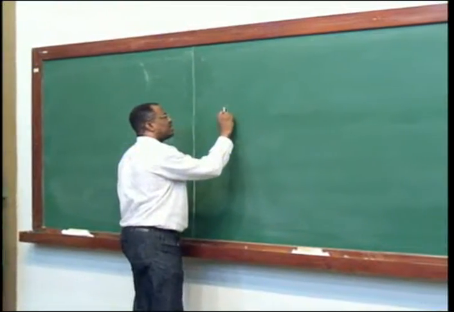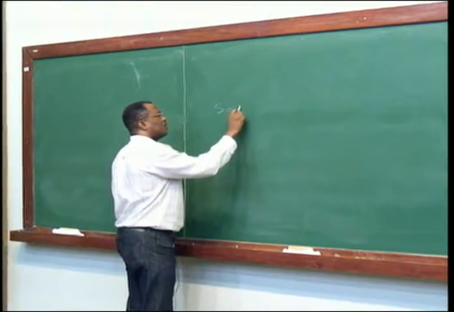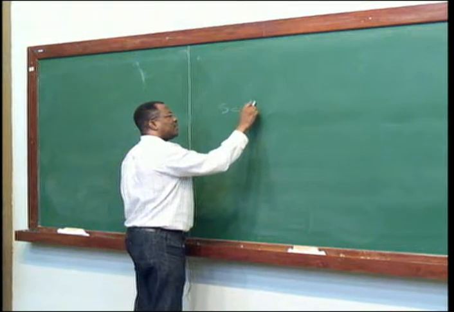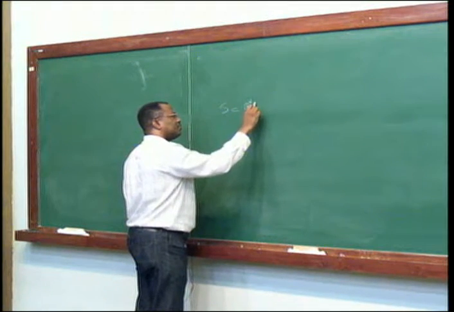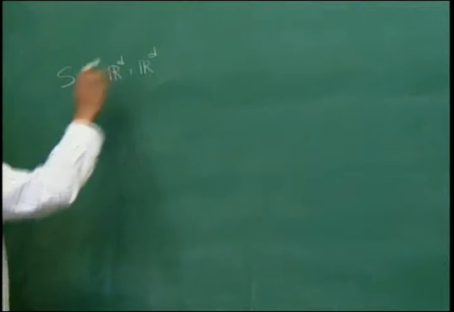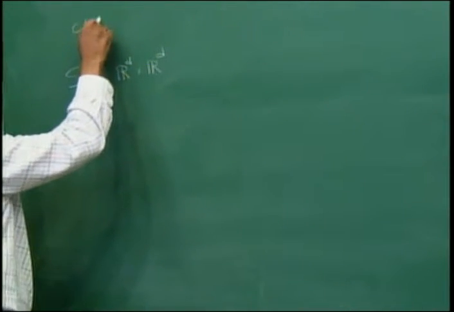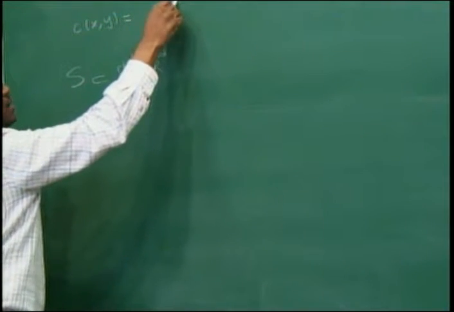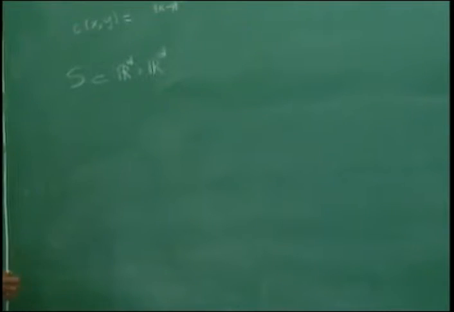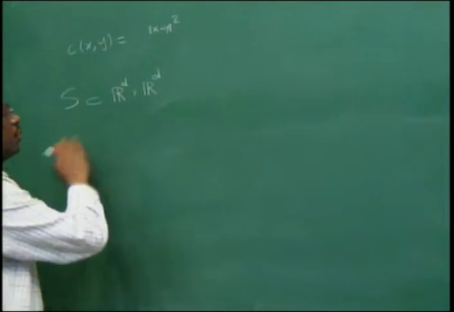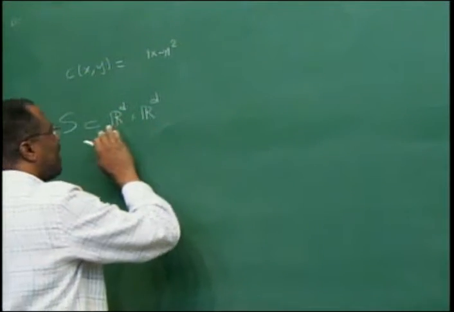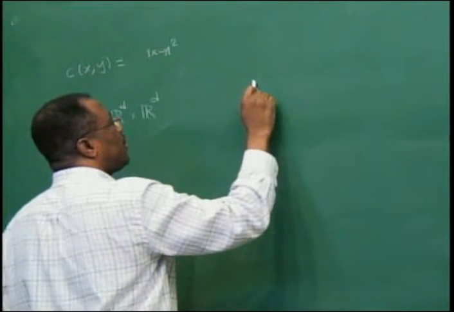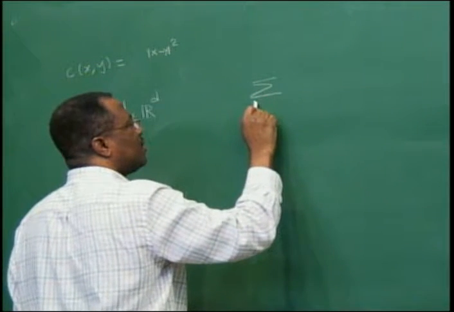Take a set S to be a subset of R^d cross R^d, and take c of x, y to be the norm of x minus y squared. So saying that S is c-cyclically monotone is equivalent to saying that